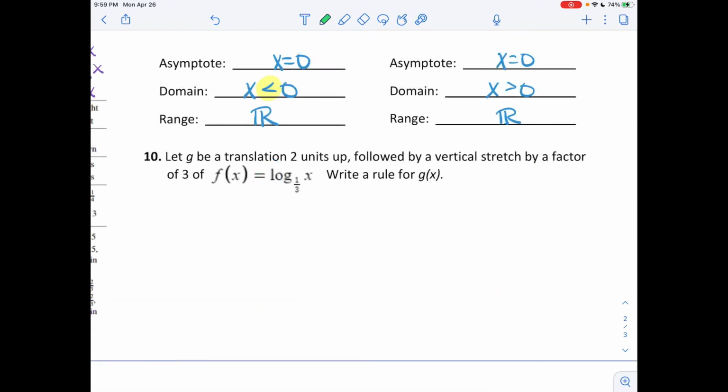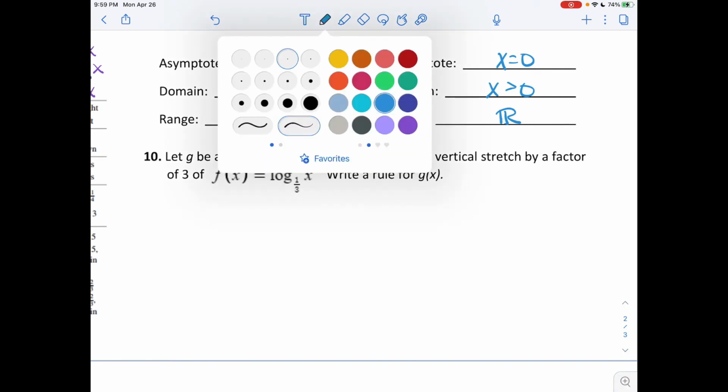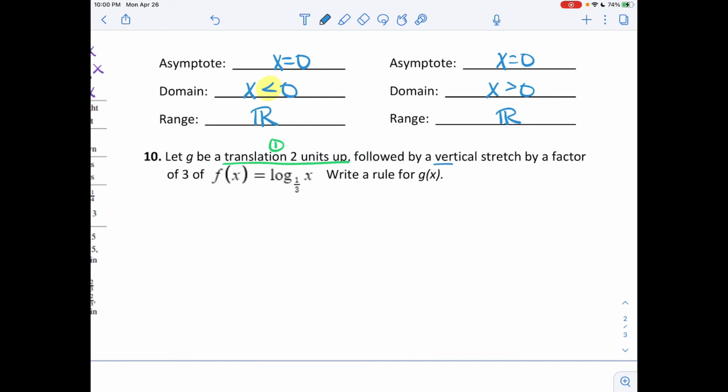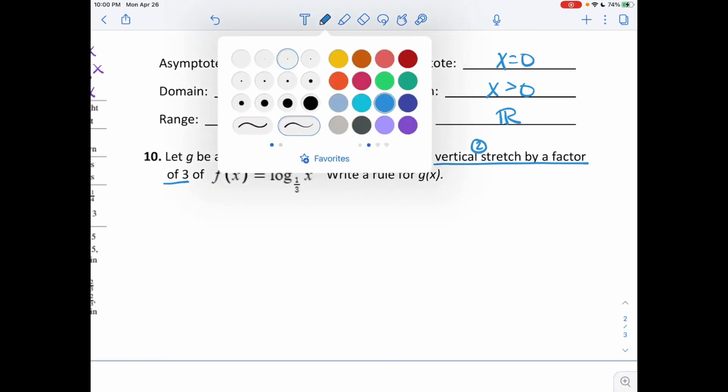I have one last example for you here, and this is one where we're going to write the rule for g when we're given a description of what's being done to it. So we are going to translate 2 units up. I'll call that transformation 1, and then we have a vertical stretch by a factor of 3. So I'll say that that is the second one, and we're starting with f of x is equal to log